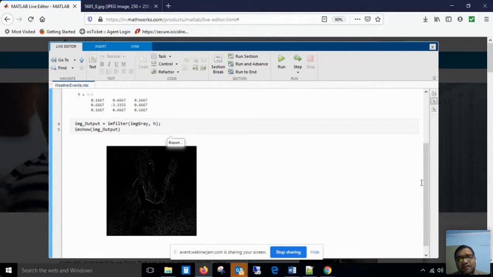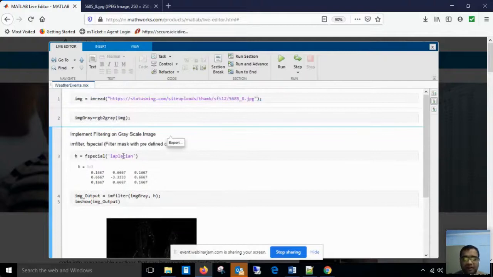Why? Because the Laplacian filter was the sharpening filter. Average filter is the smoothing filter. Smoothing filter blurs the image and sharpening filter only highlights or focuses on the sharp or fine details. So only the fine details of the image have been shown because Laplacian was the second order derivative under the sharpening filter.